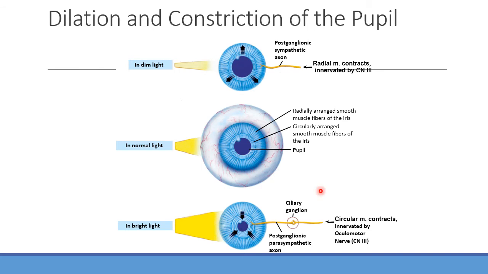So in a dim light sort of scenario, you're trying to let in more light, so you're going to have more of that sympathetic nerve being activated. It's going to try to contract those radial muscles. In a bright light situation, you're going to have the circular muscles start to contract to allow less light to come inside, where we're not going to be blowing out our vision, and we're not going to have kind of out of focus vision there, right? Again, this is going to be through the parasympathetic nervous system there.